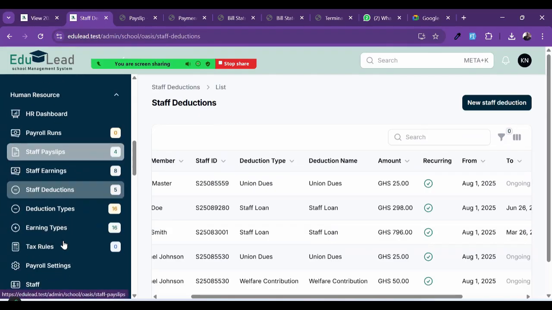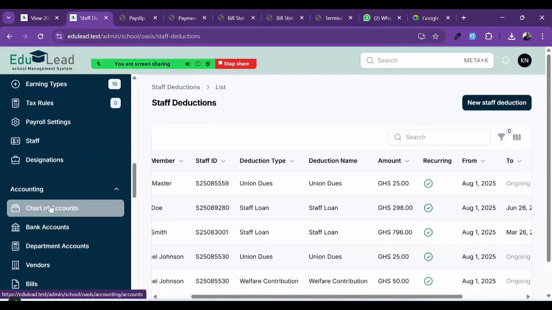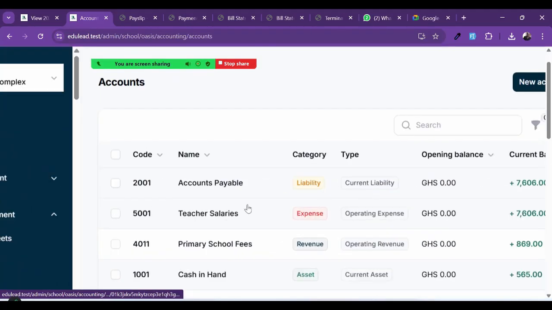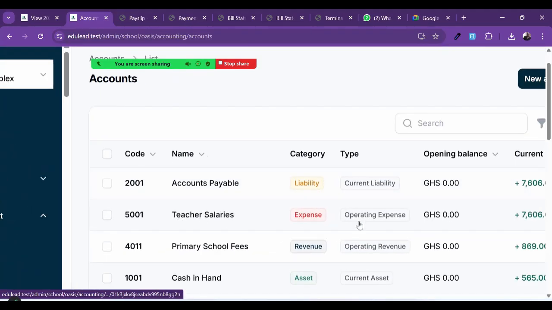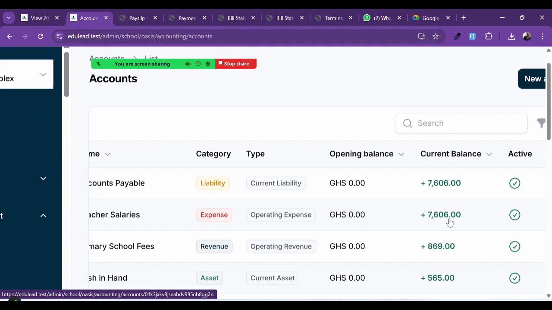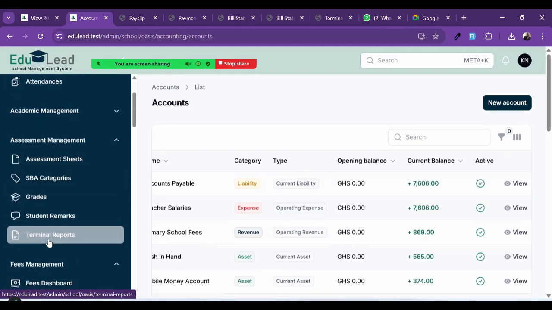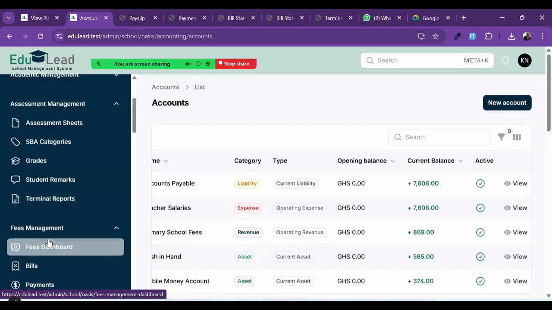Okay. So these payments, this transaction we just did, would appear on your account. You see the teachers' salary, the expenses is 7,600 and something. So that is the total salary. So it becomes an expense in your books. Okay. So at the end of the day, you get to know the school you are running, you get to see how profitable it is,